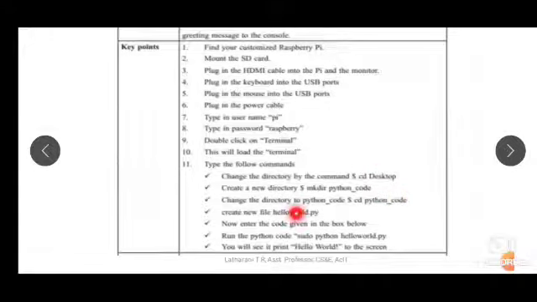then create a new file. Under Python code you will create a new file where you can write the program helloworld.py. So the Python program will have py as the extension, right? So you have to create a file helloworld.py and then you have to enter the code which you need to run on the Raspberry Pi. Then run the Python code using the command sudo python and the name of the file. How do you run a program? You run a program by using the command sudo python and the name of the program where you have written the program to be executed.